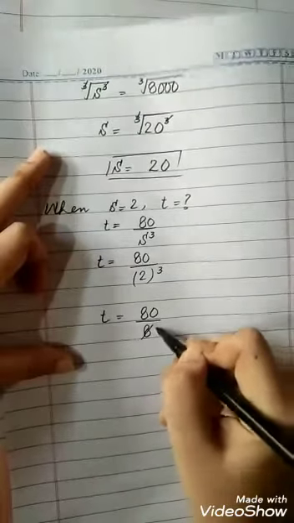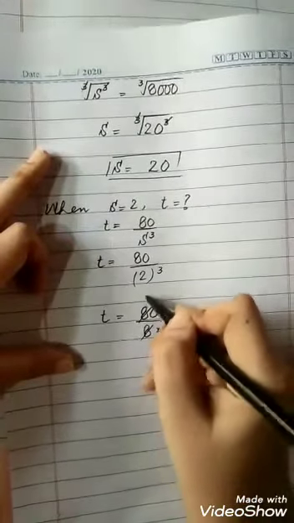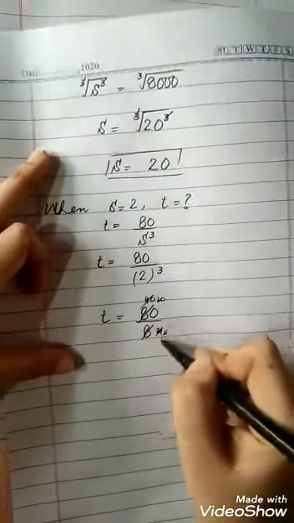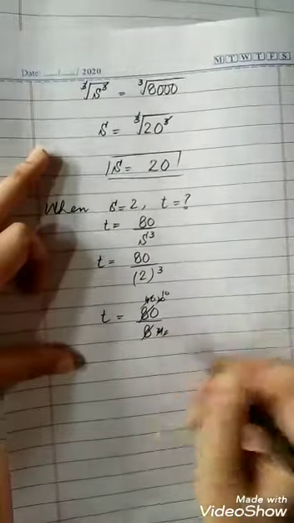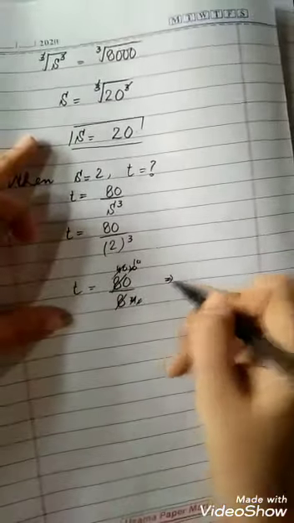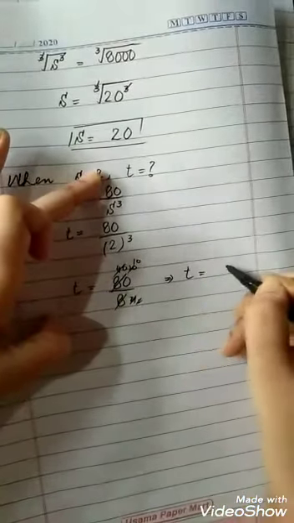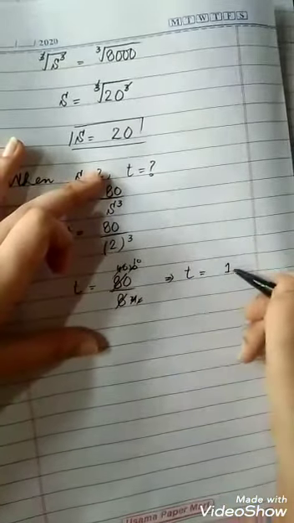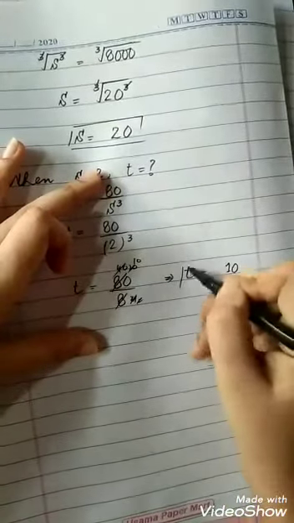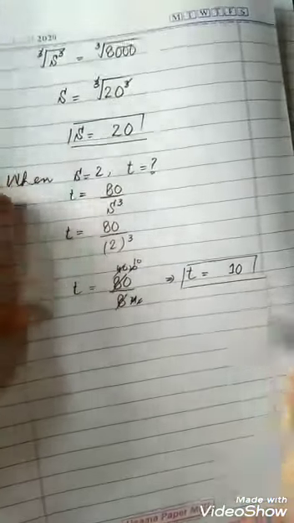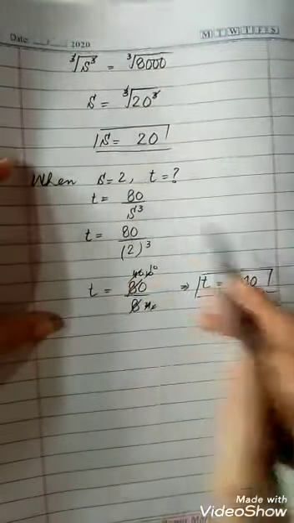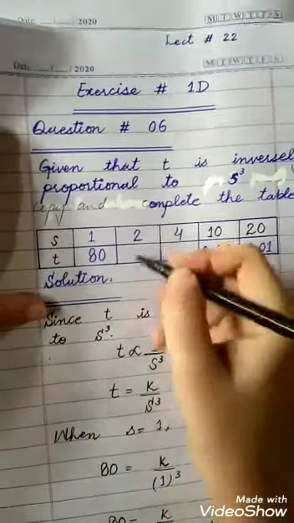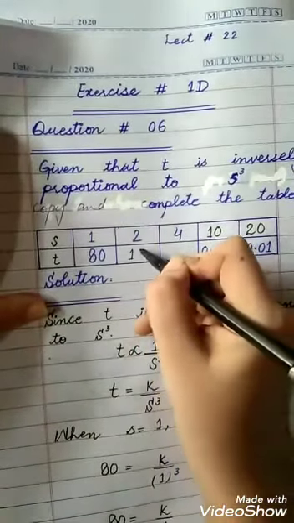Which means 2 4 times 40, 20, 10. So t is equal to 10. Directly 10 times 10, or gradually you can also find the value of t step by step. So when we place the value of S equal to 2, we got the value of t equal to 10. So we will place this value in the table now, that is 10.